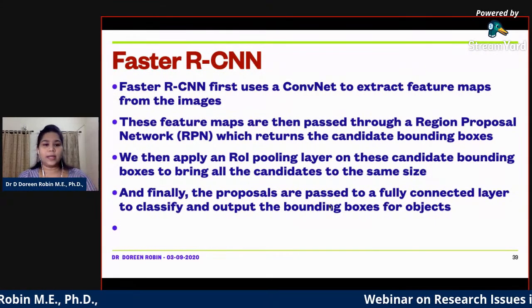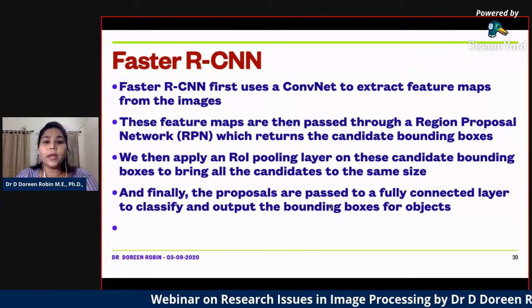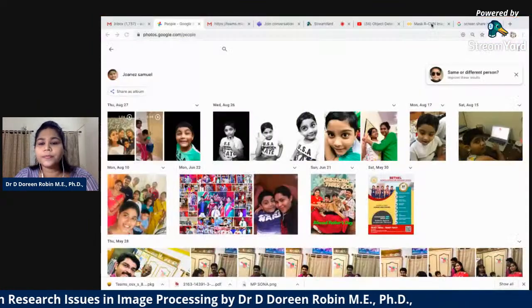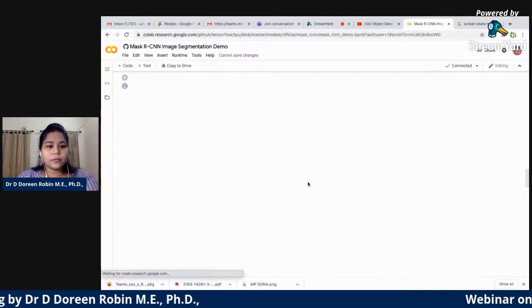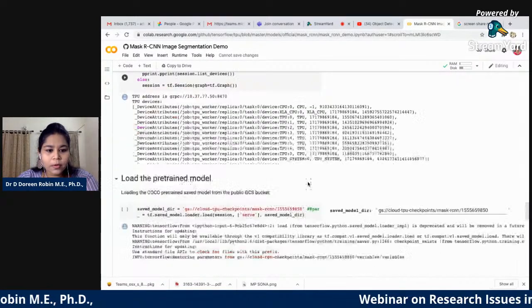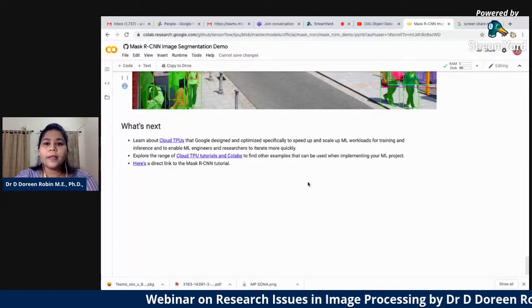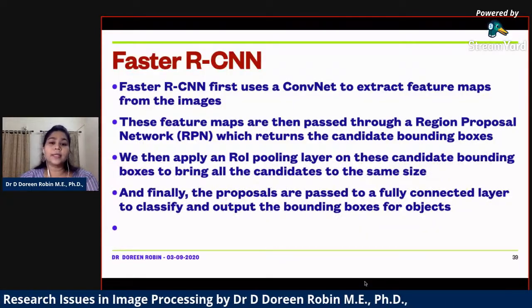So R-CNN, a convolutional neural network, is used to extract feature maps from the image. How do you get a CNN?